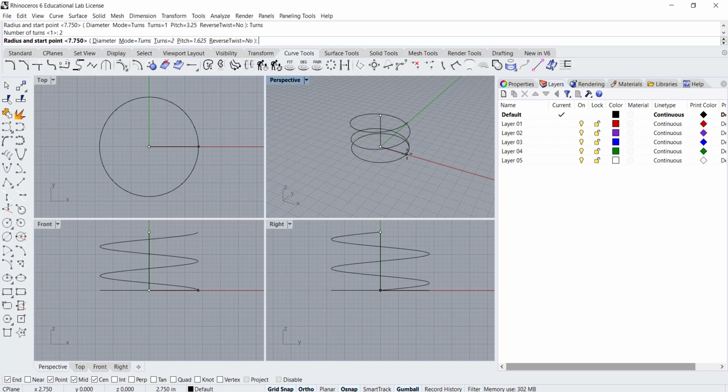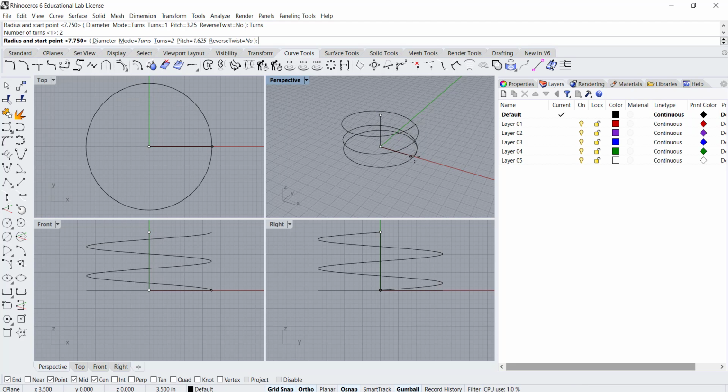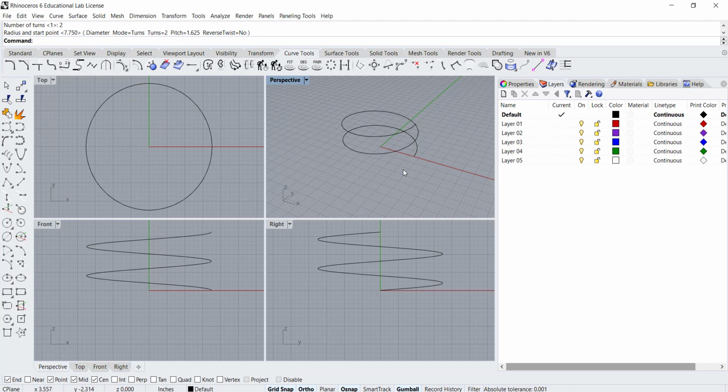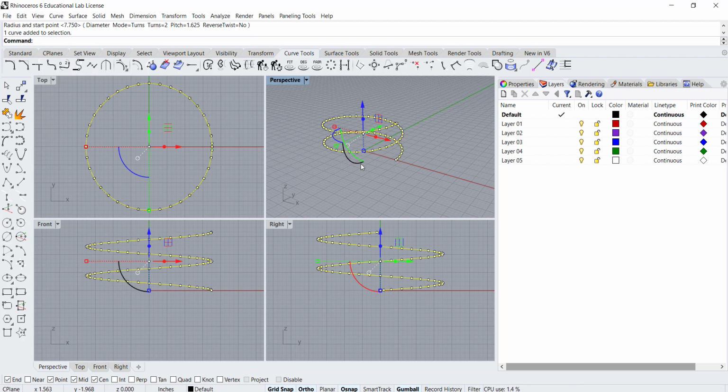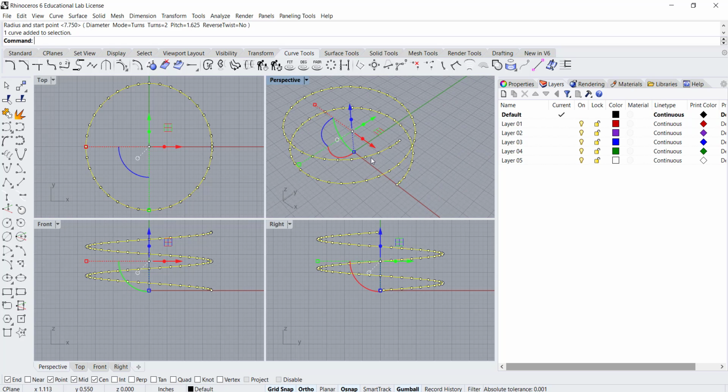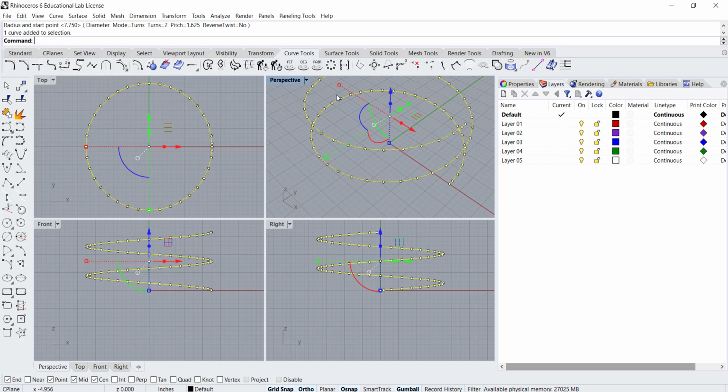and we can reverse the twist. There's other options to define the diameter instead of radius. And so if I click here to complete the command, now you'll see that we have this spiral shape, this helix shape, and it's a 3-dimensional curve. So again, we can see the way that these control points are drawn. We can zoom in and see this control polygon that is defining this